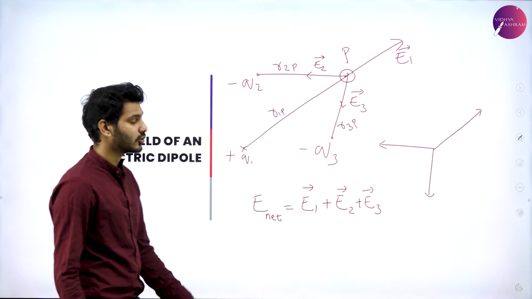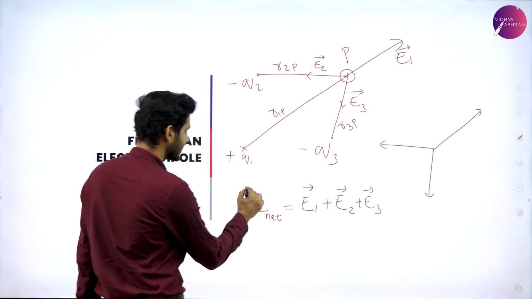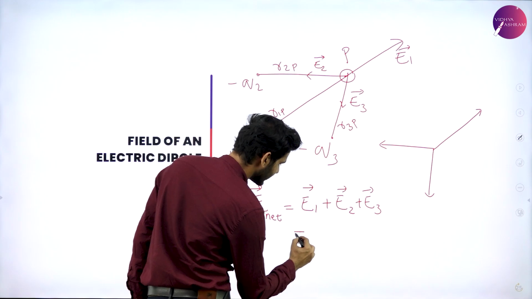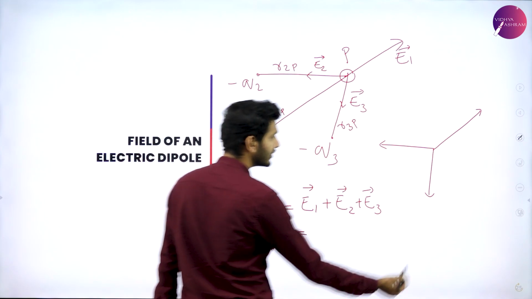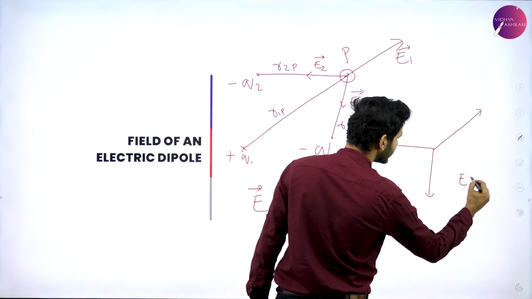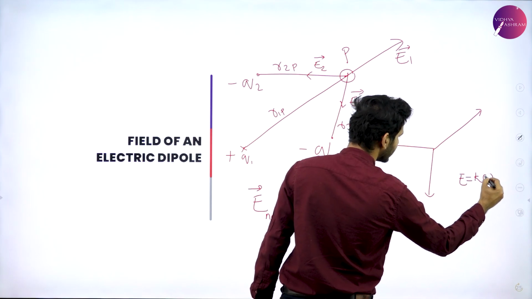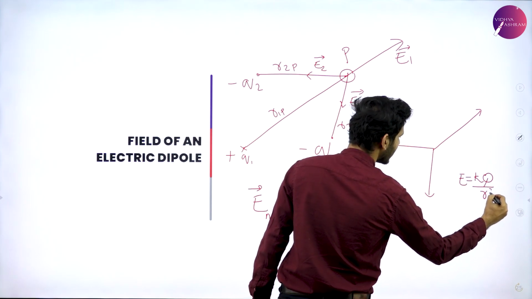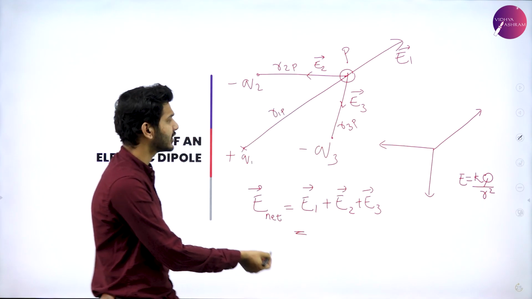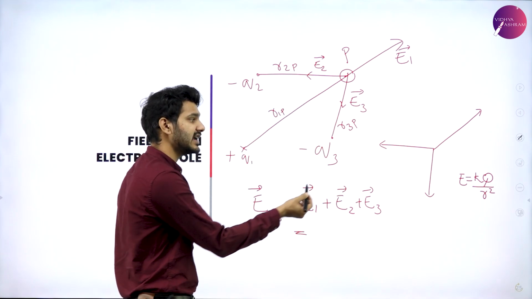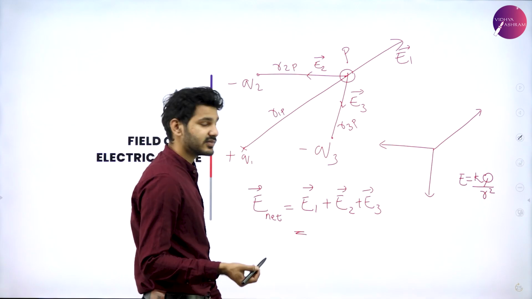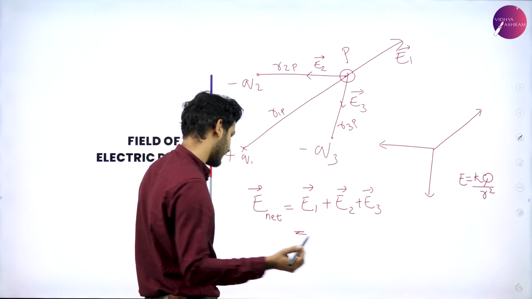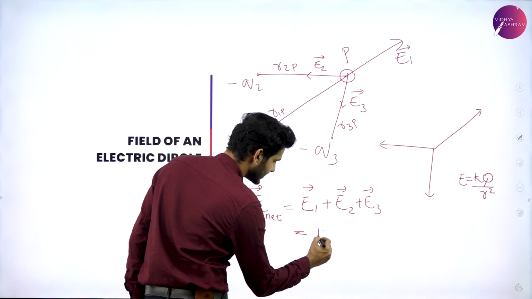So this will be the total electric field, and we know what E1 is. The equation for the electric field is given by E is equal to KQ divided by R square. Instead of capital Q, we have small q here, and K is nothing but 1 by 4 pi epsilon naught. For simplicity purposes, I'll just take it as K. So we can write it as K